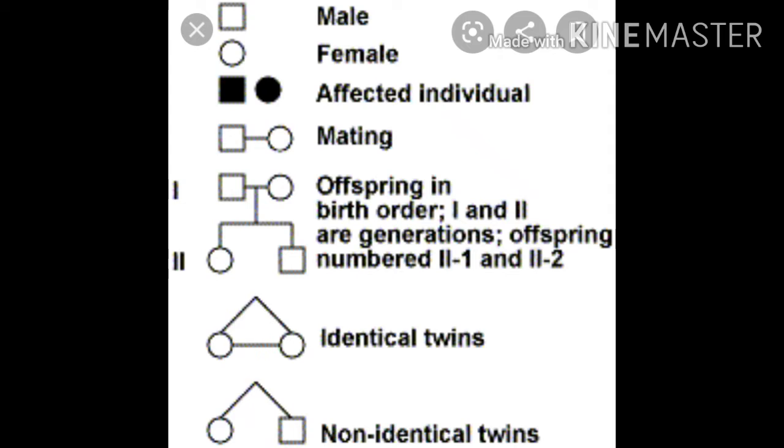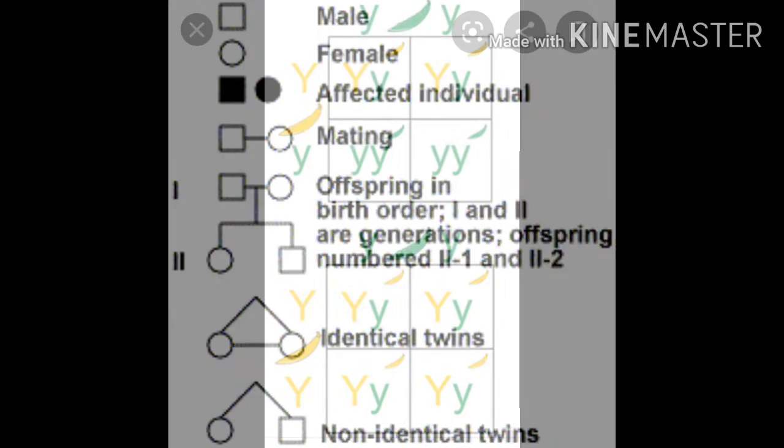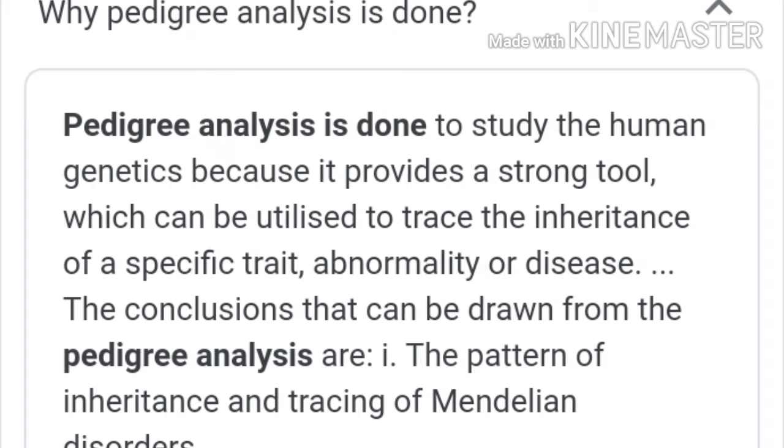While plants can be crossed at will, humans cannot be. Thus, the application of Mendel's law for the study of problems of heredity in humans is a very difficult task. It is due to the fact that in human beings controlled crosses cannot be made. They have a long generation time of nearly 20 years and often produce a small progeny.